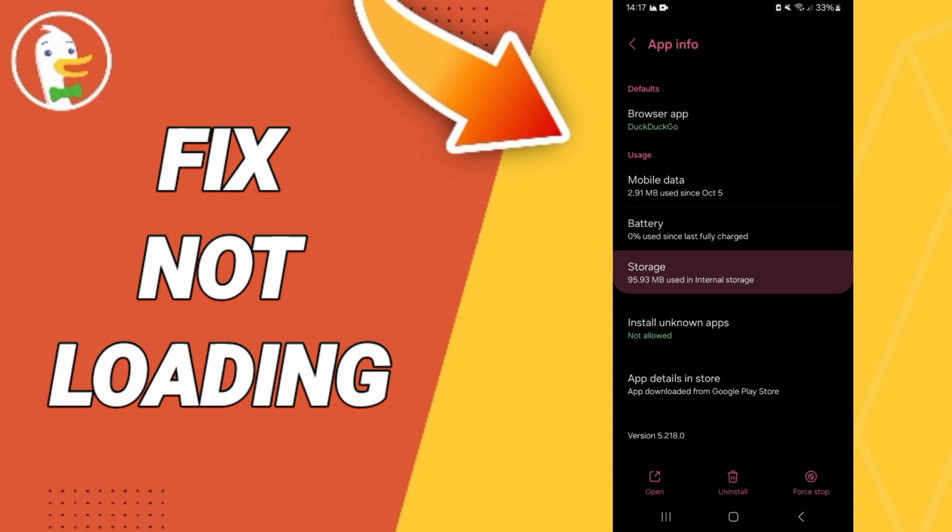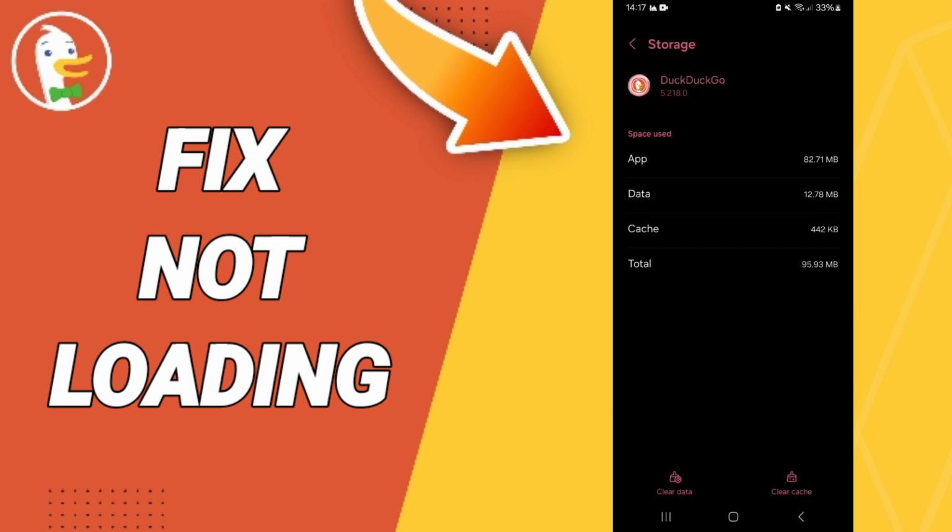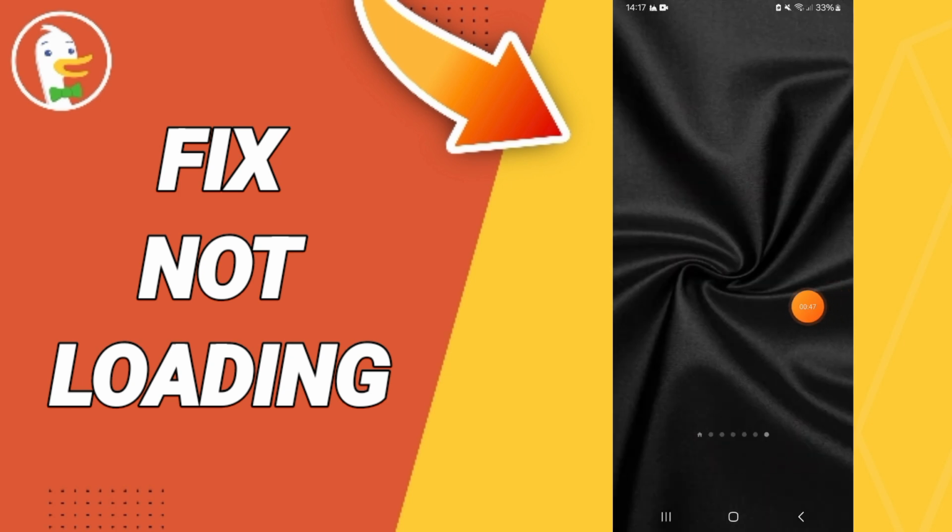Here you will enter the storage window. Then you click on clear cache. In the end you can turn off your phone and wait a moment to restart your phone again